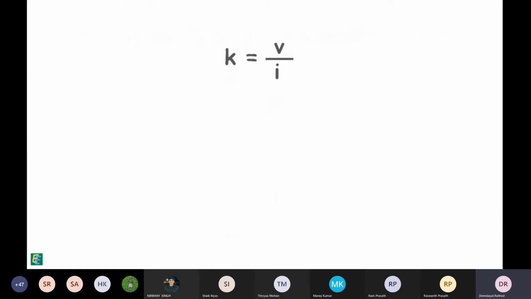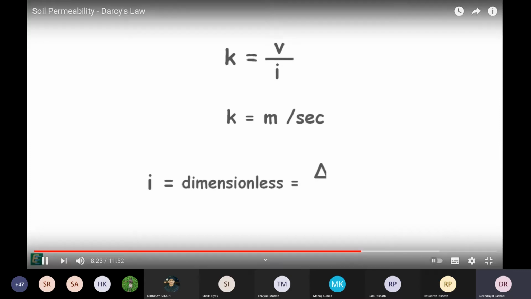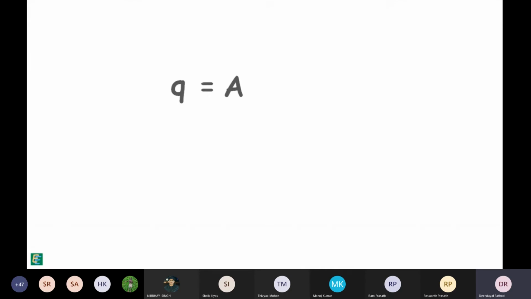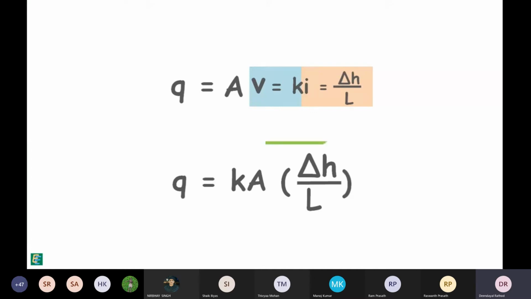The coefficient of permeability has the dimensions of velocity, as hydraulic gradient is dimensionless because it is length divided by length. Discharge through the soil can be written as cross-sectional area of the soil multiplied by velocity of flow. We can write the velocity. Also the hydraulic gradient can be written as, so the equation will become,